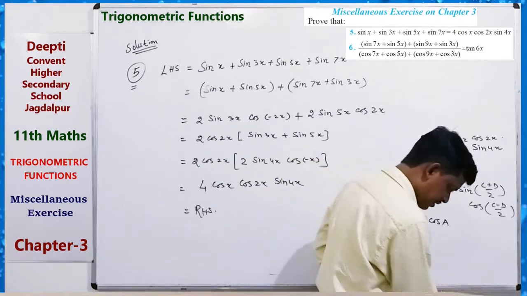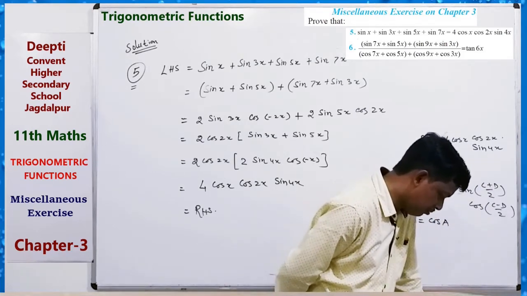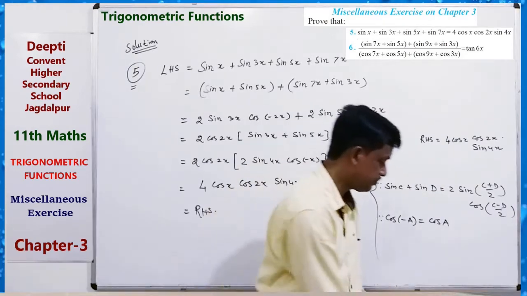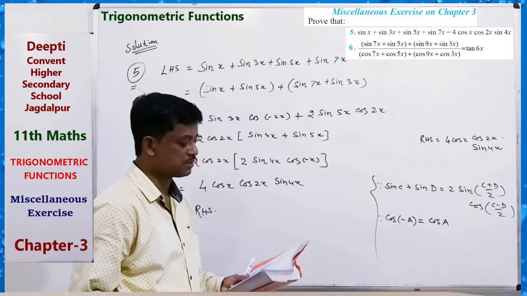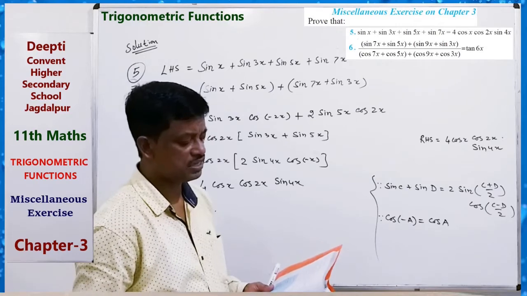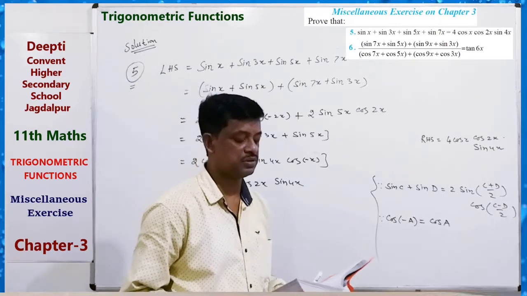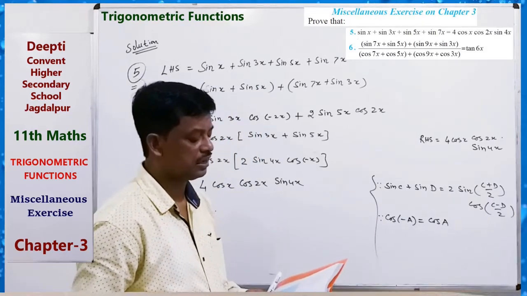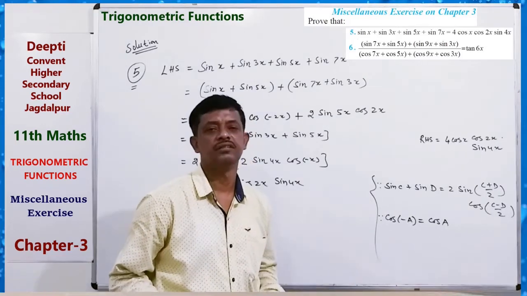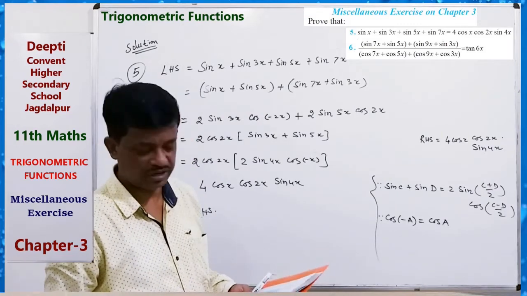Now take question 6. I think question 6 you can solve. Simple question. Here sin 7x plus sin 5x, cos plus cos, sin plus sin. Just use this combination formula, sin c plus sin d and cos c plus cos d, and then take something common and something may cancel out, and then you can get sin by cos 6x, so that will be tan 10x. So simple question. So do it by yourself.